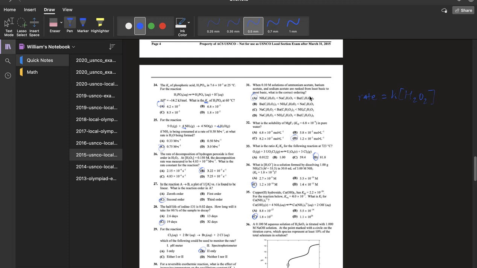So it says that the rate is equal to this value when H2O2 is at this concentration. So we can just find k by dividing. Then we get 3.22 times 10 to the negative fifth, which would be